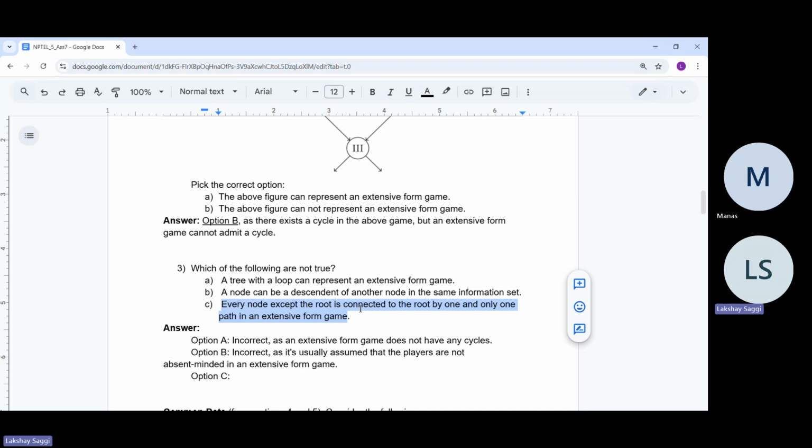But if there existed two paths from root to that node, this would imply that there exists a cycle in the graph, and a cycle in the graph means the game is not an extensive form game. So this statement is actually correct,